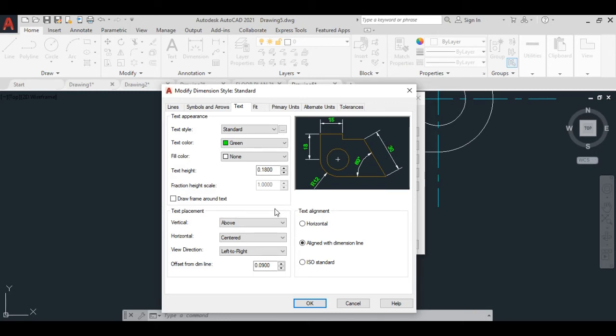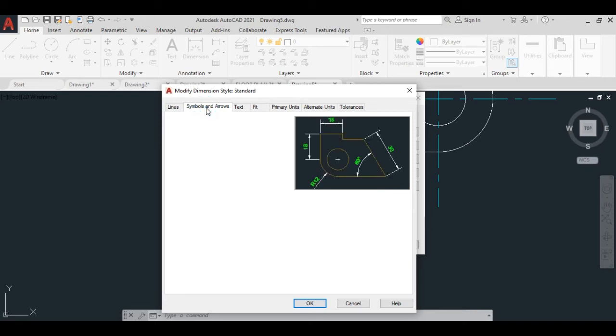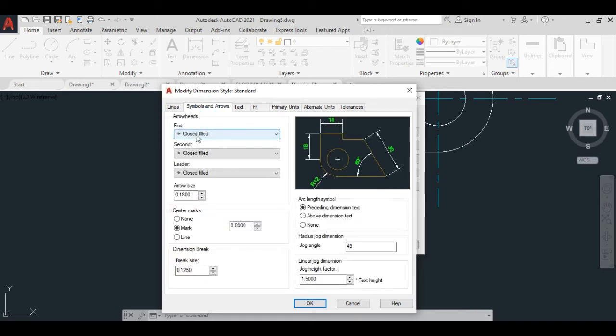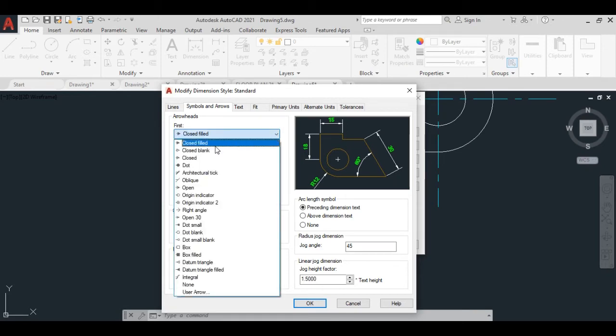Okay, now we'll go to the symbol and arrow. Here you can click. This is the symbol for any kind of dots or symbol.